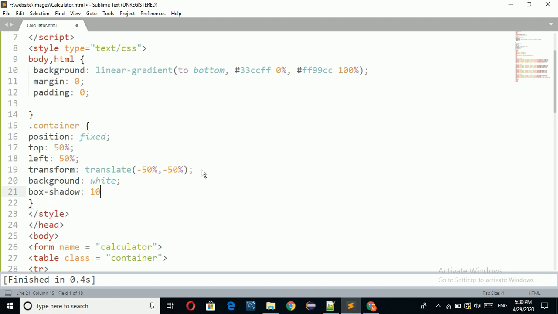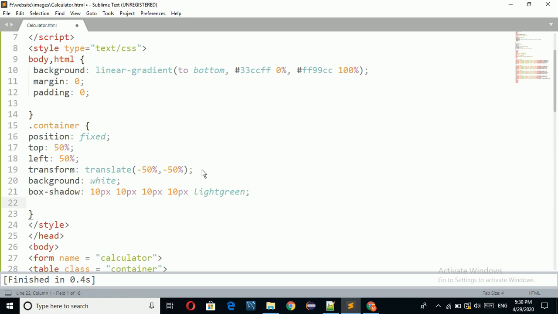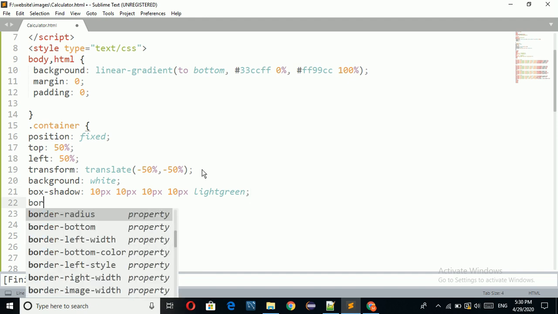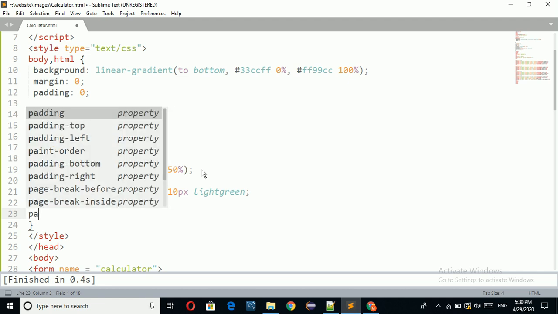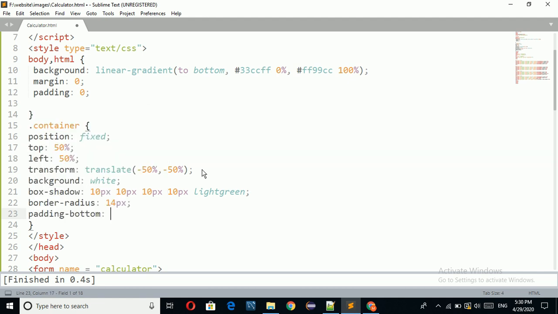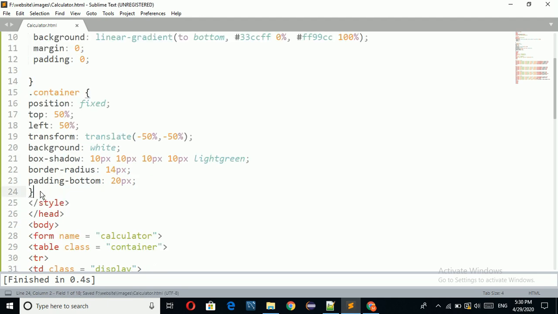Box shadow equal to 10 pixel 10 pixel 10 pixel 10 pixel, and it's a light green color I am applying, and border radius equal to 14 pixel, and padding bottom equal to 20 pixel. That's enough for the container table.